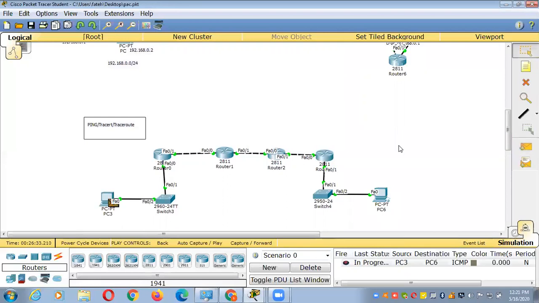But before going to explain the TTL, or you can say tracert and traceroute, I have a question to you all. Suppose I want to ping an IP address which does not exist on the internet, so what will happen there? You'll get a timeout, right? See, what will happen here when you are pinging an IP address which does not exist on the internet?